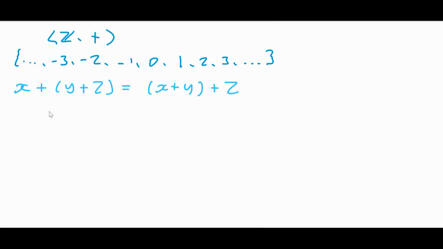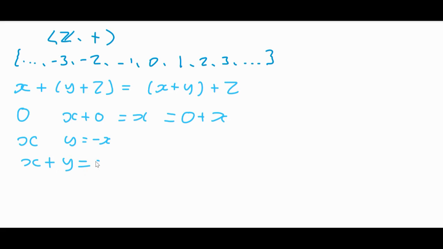And then we know that for addition, if we take 0, then x plus 0 is equal to x, which is equal to 0 plus x. And then finally, for x, if we just take y equal to minus x, then x plus y is equal to 0, which is equal to y plus x. So the integers with respect to addition is clearly a group,